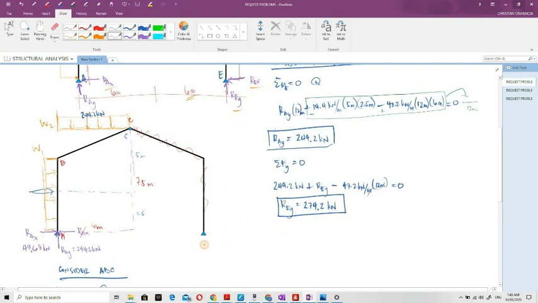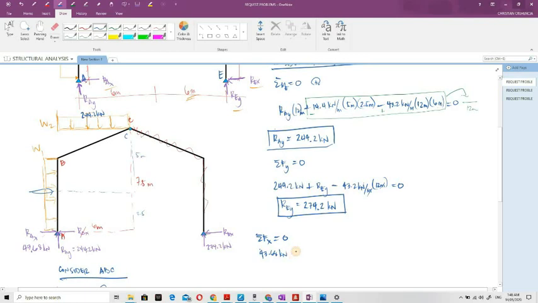So, consider natin ulit yung whole structure. So, lagay ko muna dito yung REY na 74.2 kilonewton. Then, ang assumption natin ng REX is pupunta din sa left side. Okay, so REX. Then considering again yung whole structure natin, and we can now take the summation of forces along X. Then since we are in equilibrium, that will be equal to 0. So what are the forces along X direction? So first is yung RAX, papunta doon sa kanan. RAX is 43.68